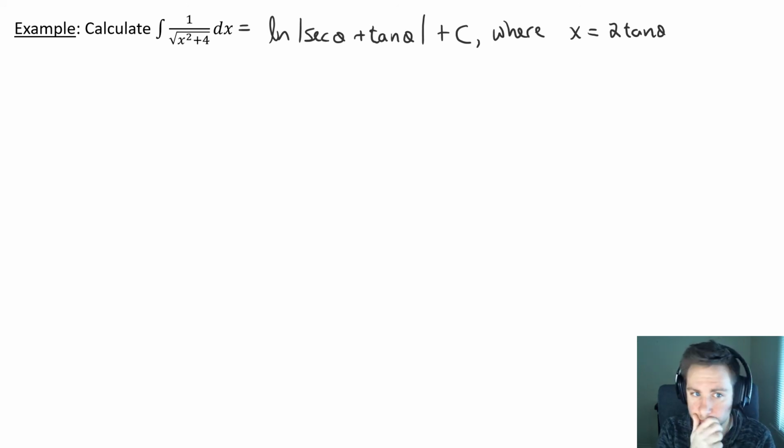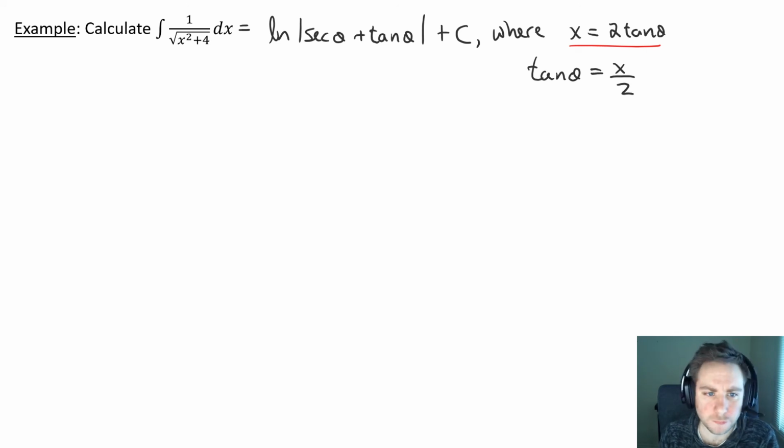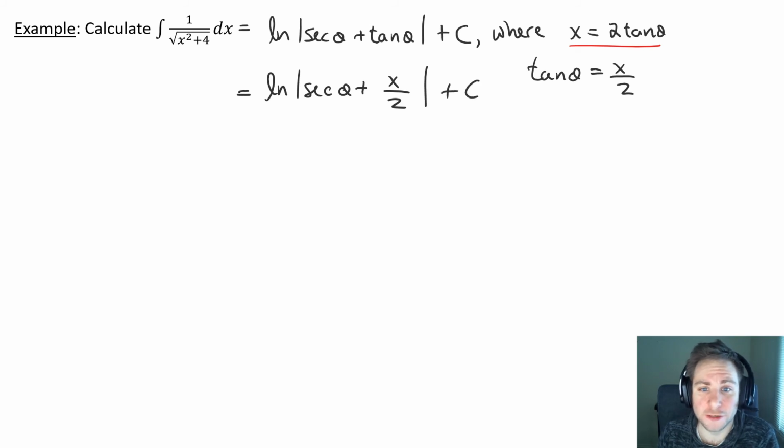in your own work. For starters, we need to look back to what is the relationship between x and theta in the first place. Notice that this relationship is equivalent to saying tan of theta equals x over 2. And with that, where we see tan of theta in our answer, we can literally just write x over 2 instead. So that would just leave the question of what secant theta is equal to if we want everything in